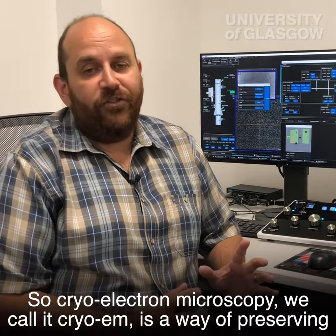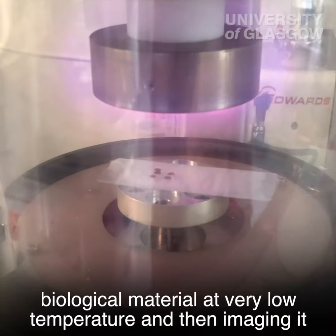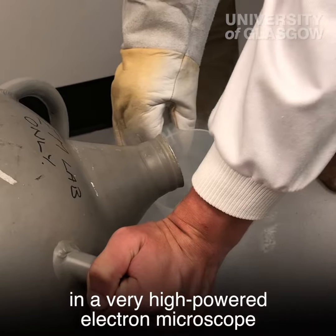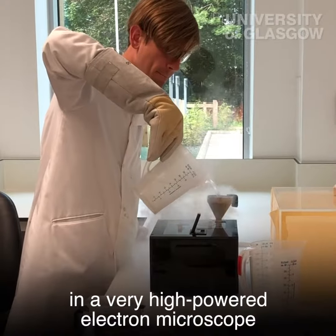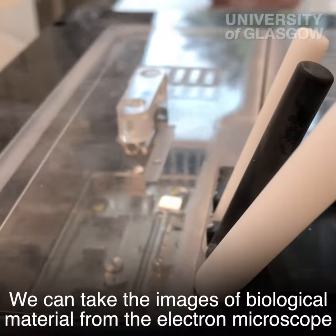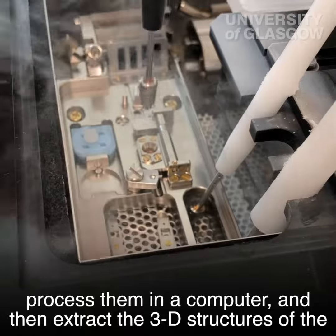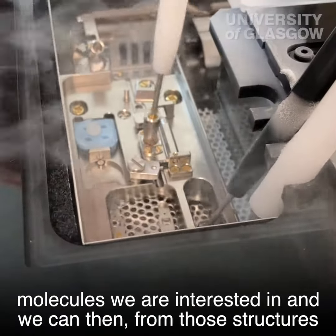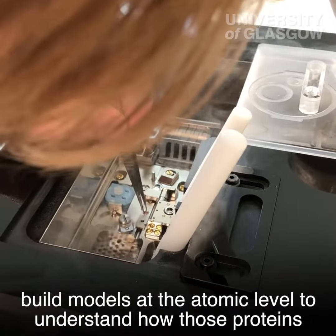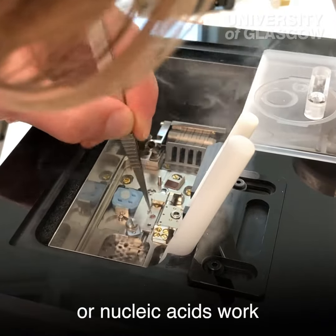So cryo-electron microscopy, we call it cryo-EM, is a way of preserving biological material at very low temperature and then imaging it in a very high-powered electron microscope. We can take the images of biological material from the electron microscope, process them in a computer and extract the three-dimensional structures of the molecules we're interested in. We can then, from those structures, build models at the atomic level to understand how those proteins or nucleic acids